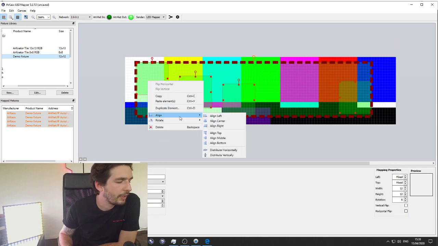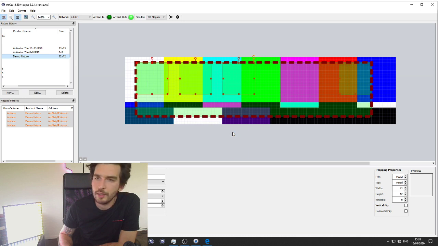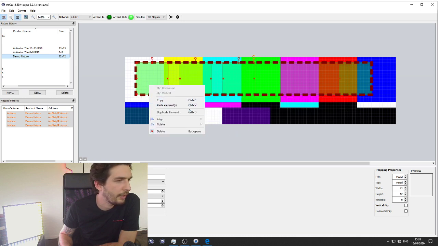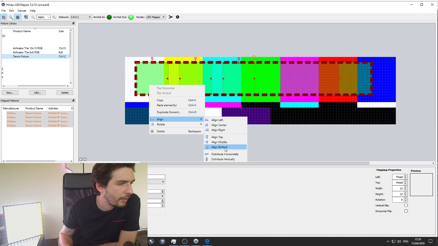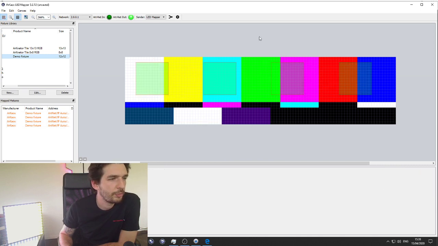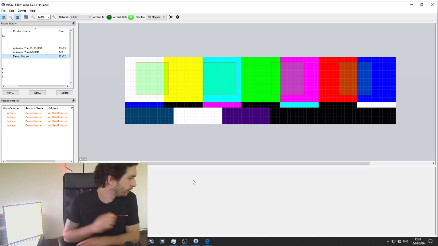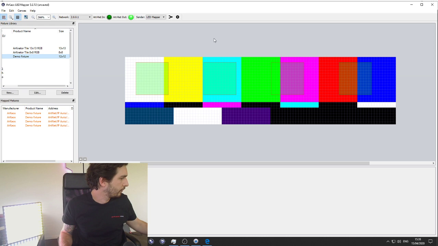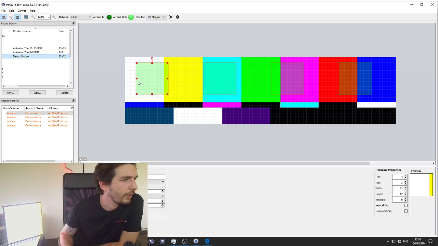Right click, align top, right click again, align, distribute horizontally, and now they all spread evenly on my mapping. Okay, that's the first step.